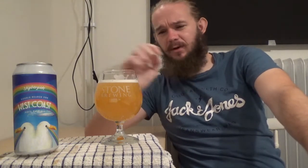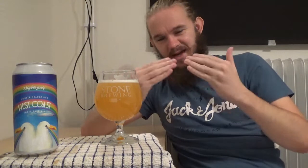I wouldn't be surprised if this beer is kind of straight up Citra Galaxy. I wouldn't be surprised about that, but then again, it could be something like Idaho 7, that seems to be becoming a bit more popular now. There's a bit of passion fruit in there. You can smell the more pungent passion fruity note just taking a bit of a back seat,